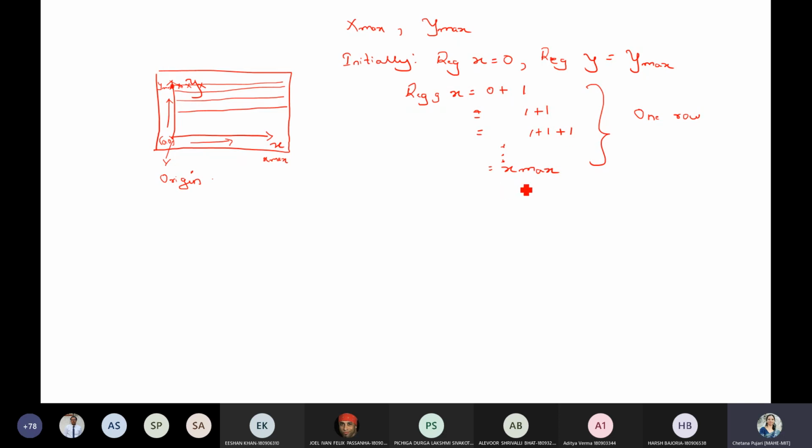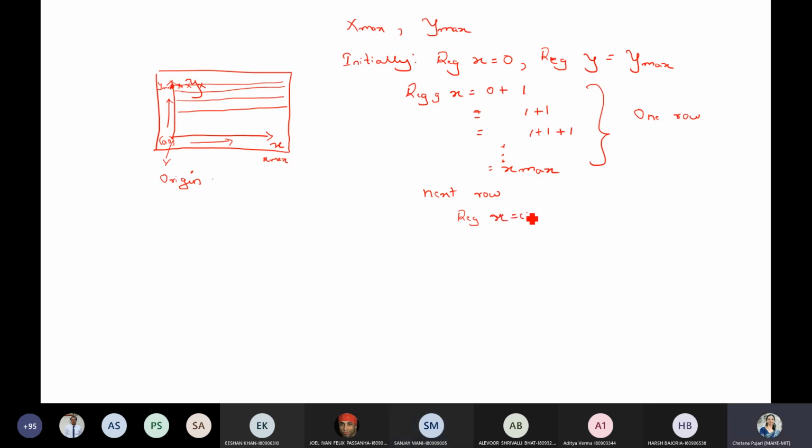So once you reach X max, in the next cycle, what will be the value of your X and Y now? We are done with the first row, right? Our next job is to shift to the next row. X will be 0, but Y will be Y max minus 1.